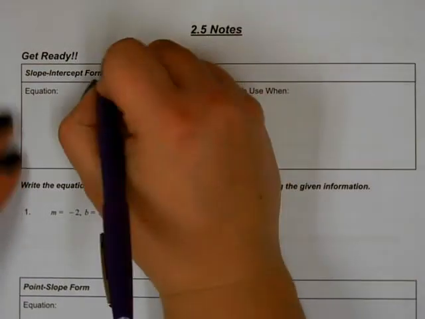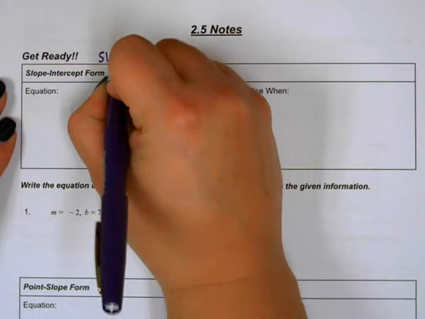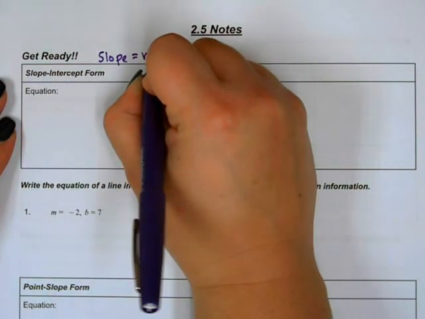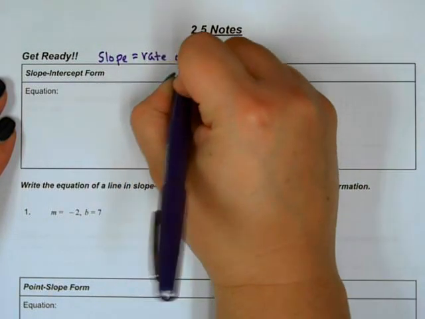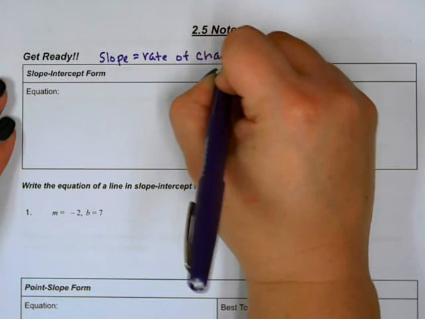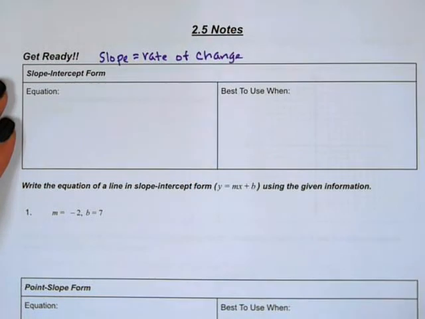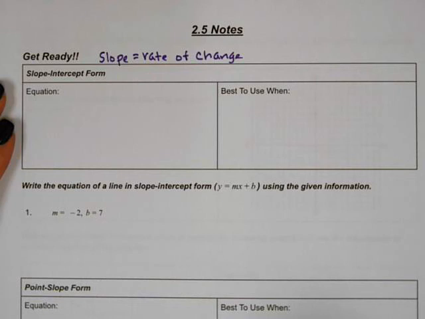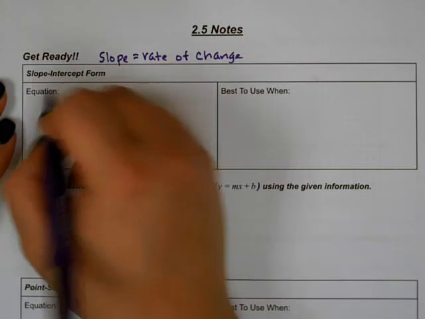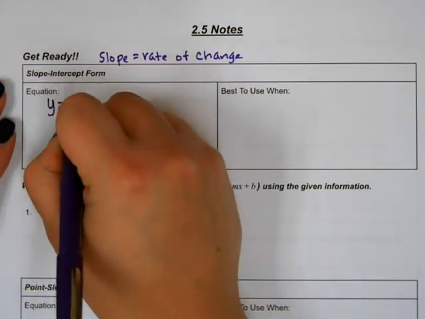So one thing I want to remind you guys of is that slope is the rate of change, or that pattern that we found back in Module 1. Okay, so we're writing the equations of linear functions, so all of them are going to have a slope or a rate of change. The first thing we're going to talk about is slope-intercept form, which is y equals mx